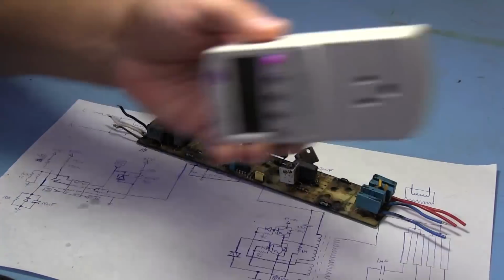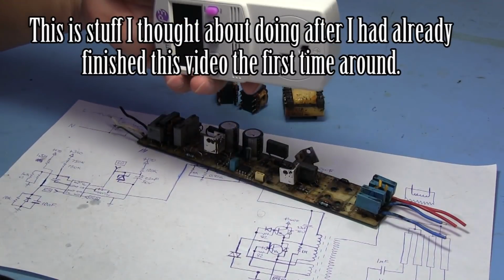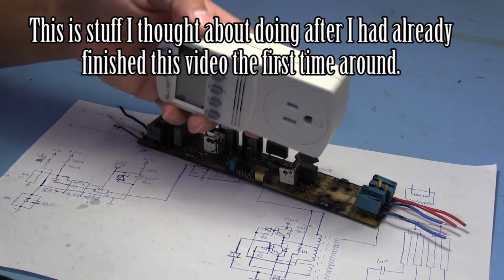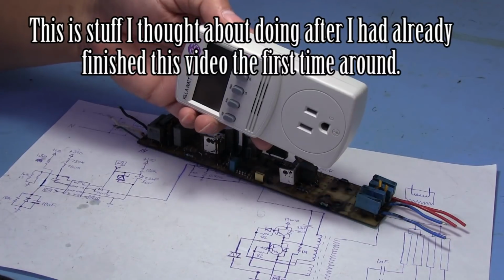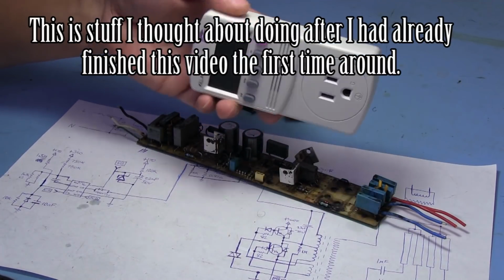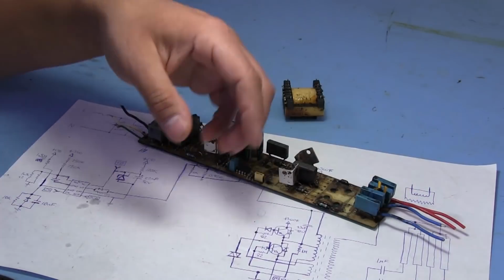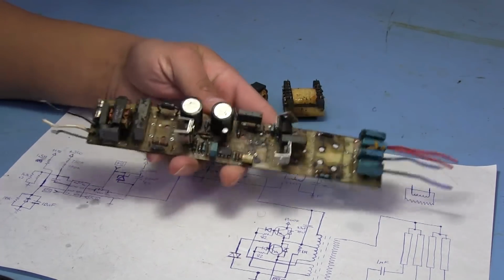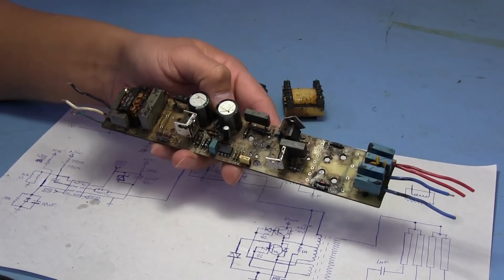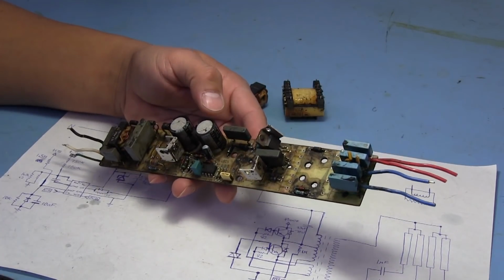That was also the reason why I had gotten the kilowatts, so that we could check and see if I can get this thing working, which I don't know if I can. So this might have been a total waste of time. But if we could somehow get it working, I wanted to plug it into the kilowatt and see what sorts of power it draws from the wall, like how much current and stuff. And yeah,